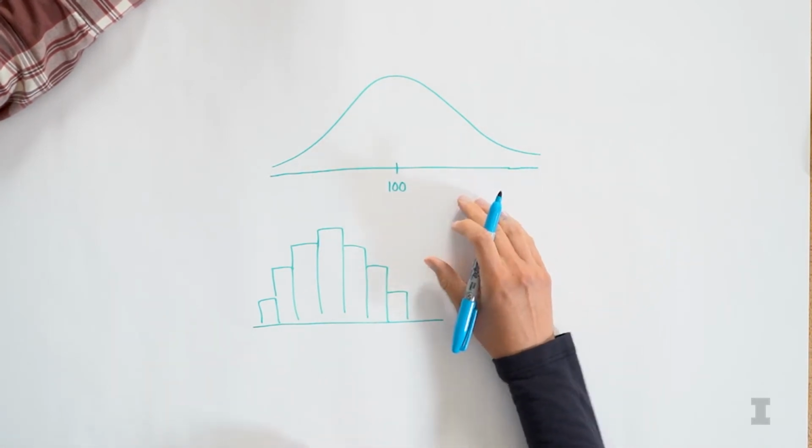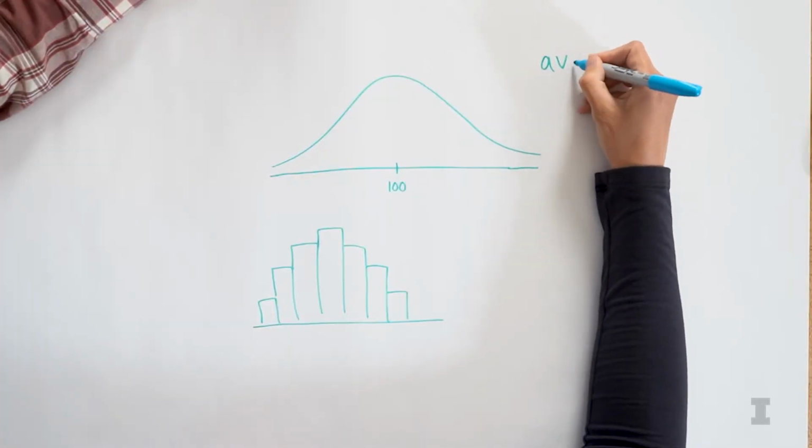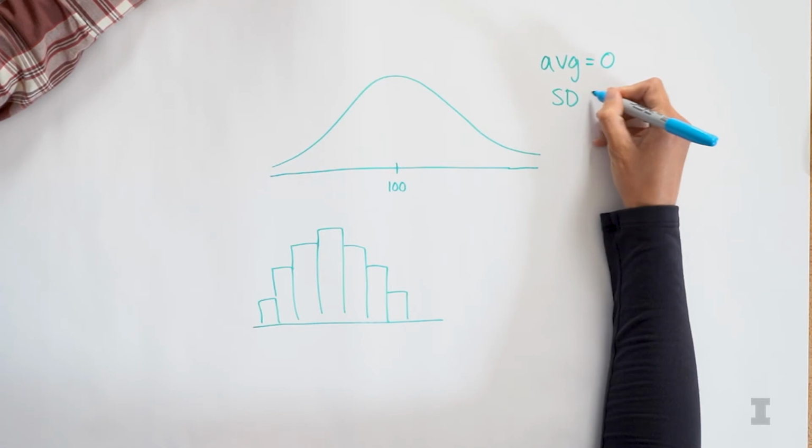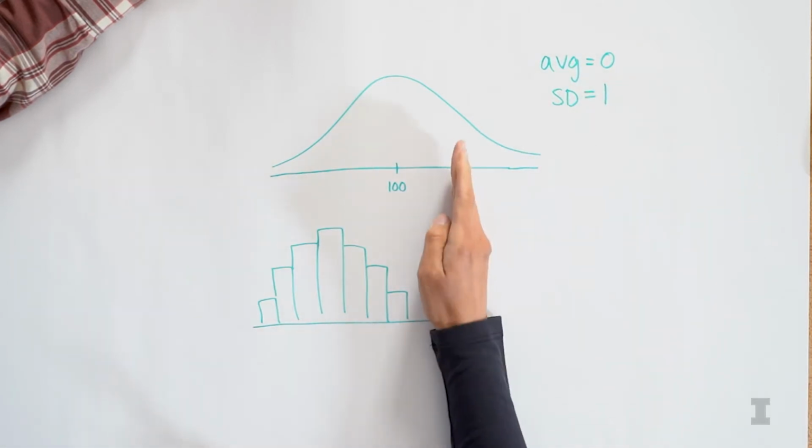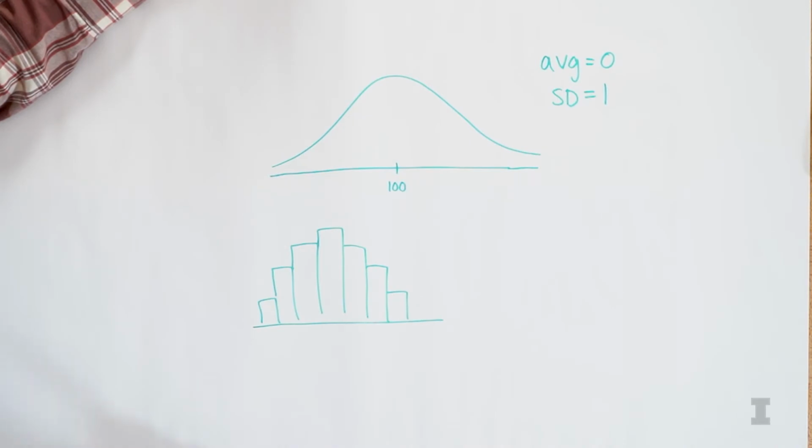But the problem is our data for heights is in inches, and the normal curve actually isn't in inches. So what we can do is use a special version of the normal curve called the standard normal curve, where we can convert the average to be 0 and the standard deviation to be 1. And then we can use this normal curve to calculate areas. So for women's heights, I'm 5'10". I'm pretty tall. So I could figure out what percent of women are shorter than me or taller than me using this standard normal curve. And I'd have to convert my height into something we call standard units, or z-scores.